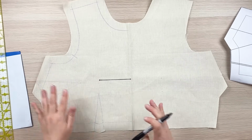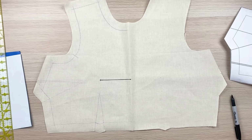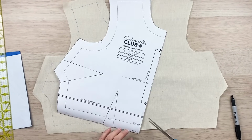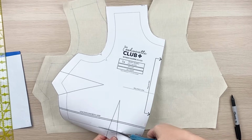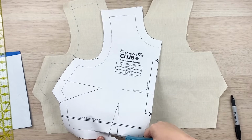Now, an alternative way to mark, and this is a bit more destructive, so it depends a little bit on what you want to do, but it's to cut the seam allowance off this and use it like that. So I'm going to show you now. So I'd say if you have that marking tool, it's a bit better. The other thing you can do is